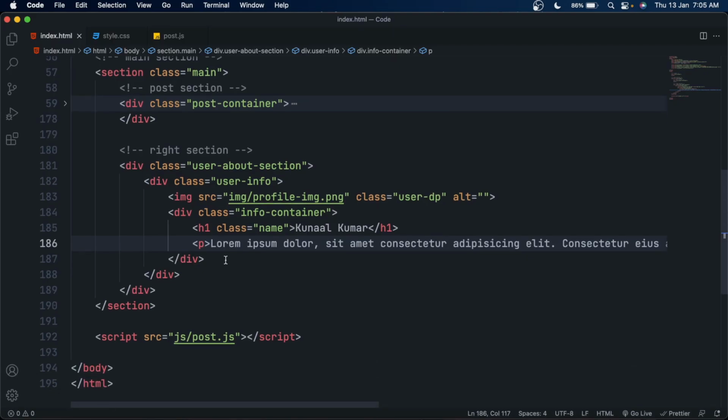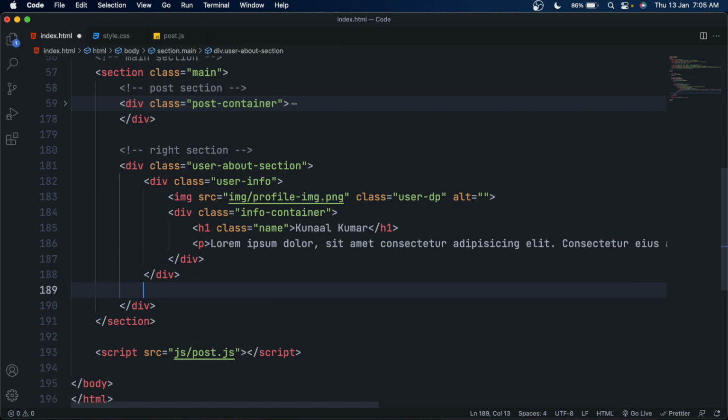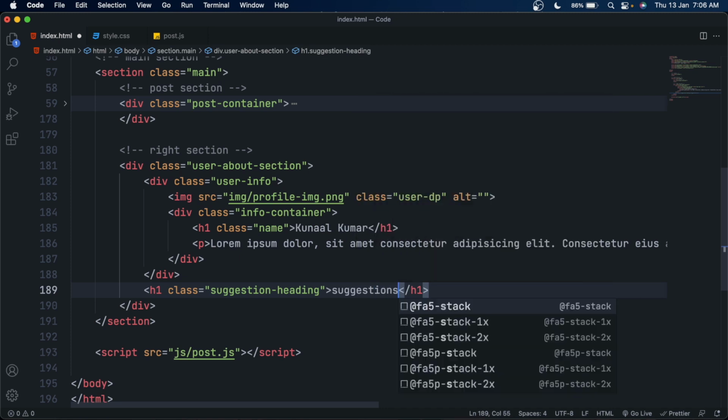So now let's make the suggestion container. For that, after the user info, make an h1 element, set its class name to suggestion heading, and let's say it's suggestion, or you can call it accounts you can follow.